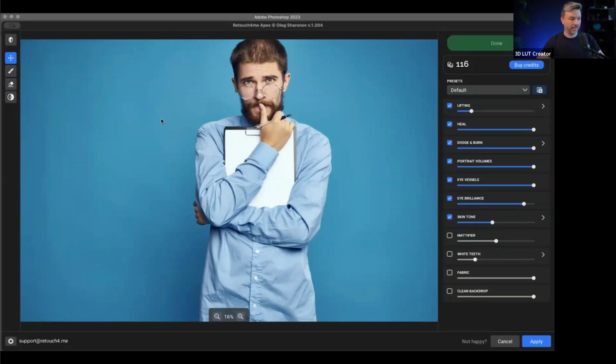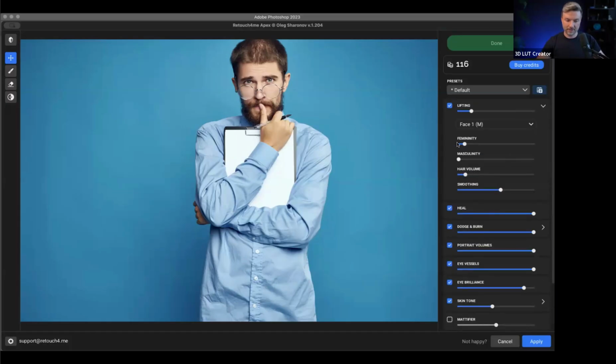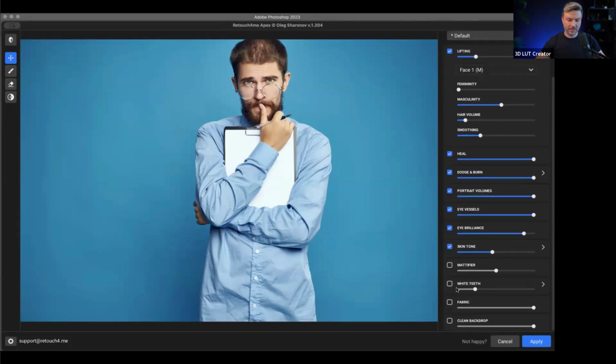Okay. So here, for example, I will increase masculinity like this. And let me hit the fabric button here. What a huge difference, right? Before and after. Maybe just slightly decrease the effect of the fabric tool. And if you check the background here,